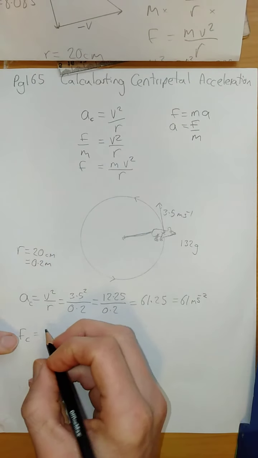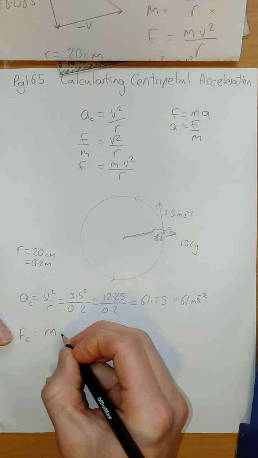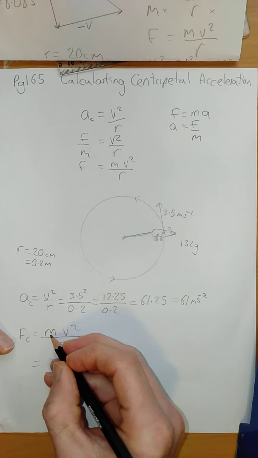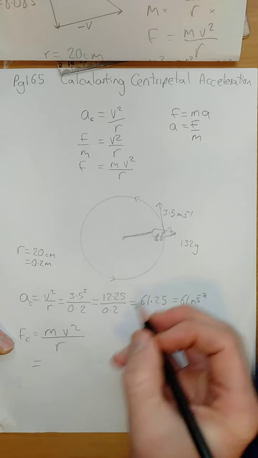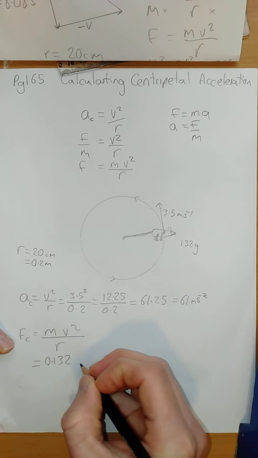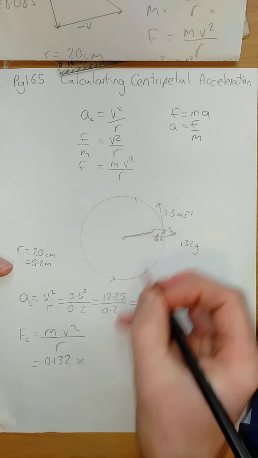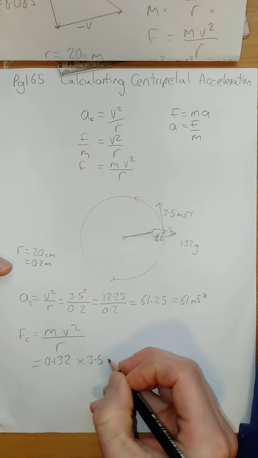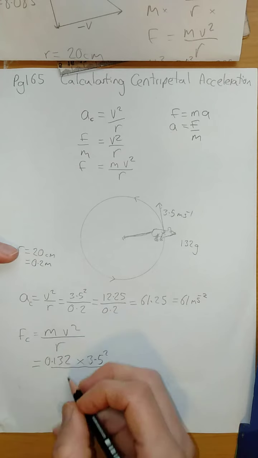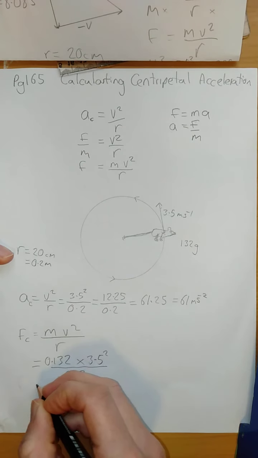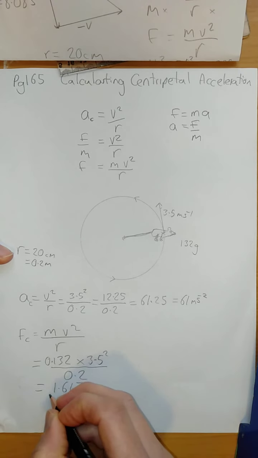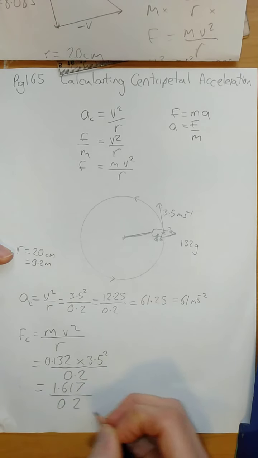So our job is to write FC is equal to mv squared over r, and then we substitute in our mass. Notice I've given it to you in grams. You need to know to change that to kilograms, so 0.132 times same velocity as before. It's traveling at 3.5, and we've got to remember to square that, and then we divide it by the radius, which has got to be in meters, 0.2, and that gives us an answer of 1.617 divided by 0.2,